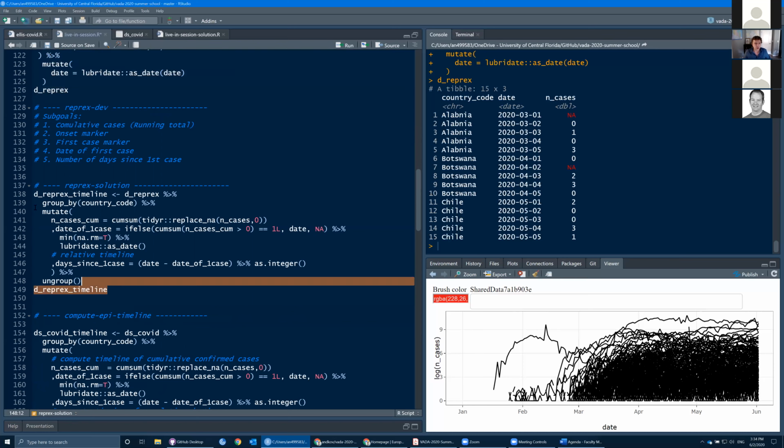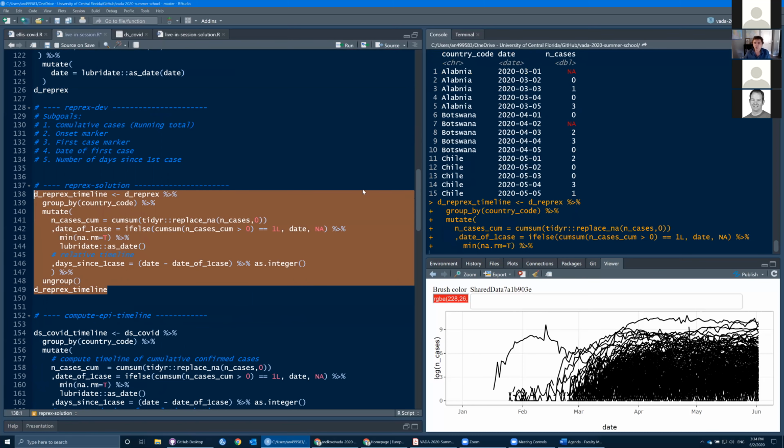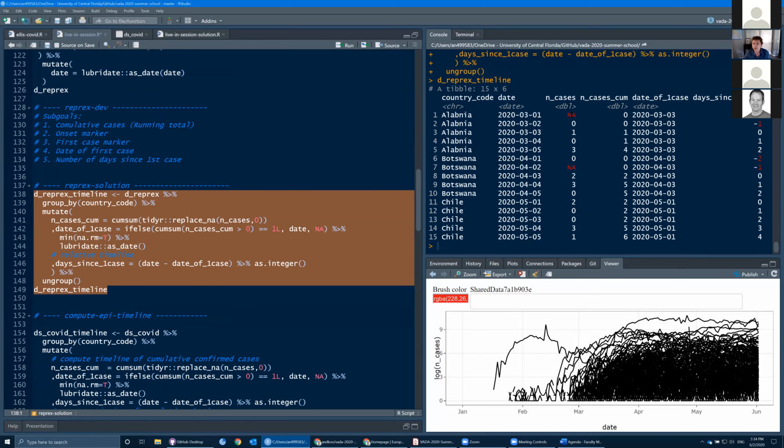Here's the final solution for this. Let's look at it and what needs to be done. So here we have the same observations. We want to create a cumulative number of cases that would count. And again, the benefit of this small data set is we can manually inspect and count to make sure that